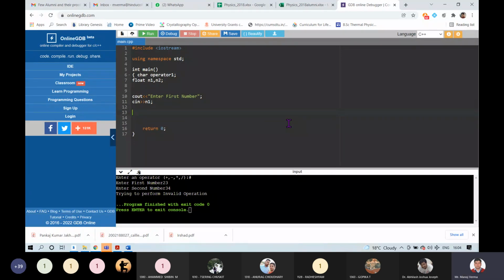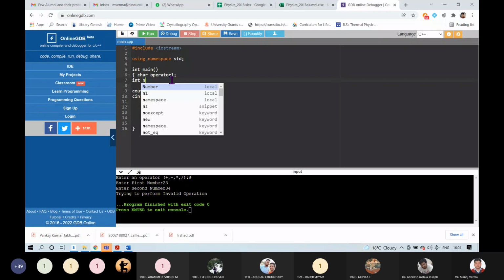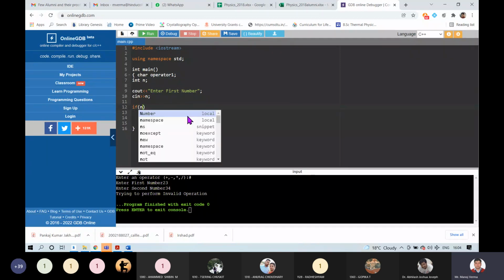Suppose I am asking a number from the user, and these are of integer type, int n, and I want to check if this particular number is even or odd.